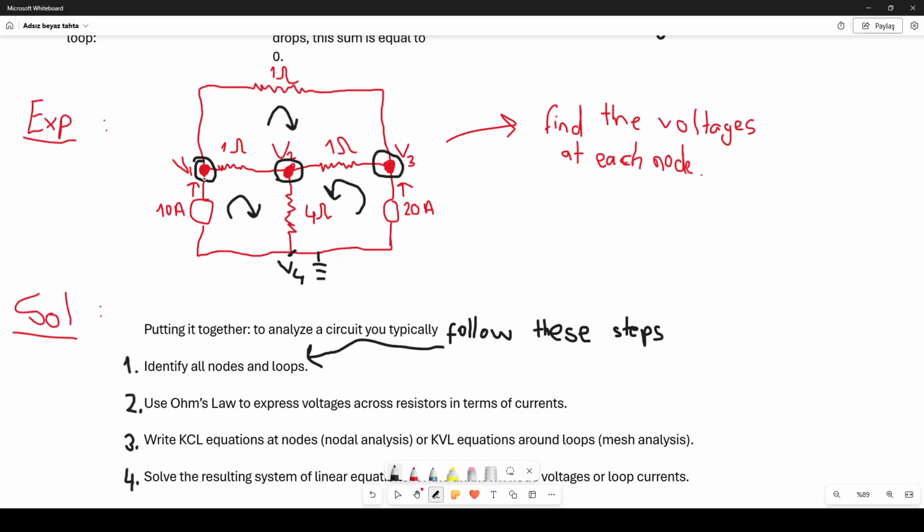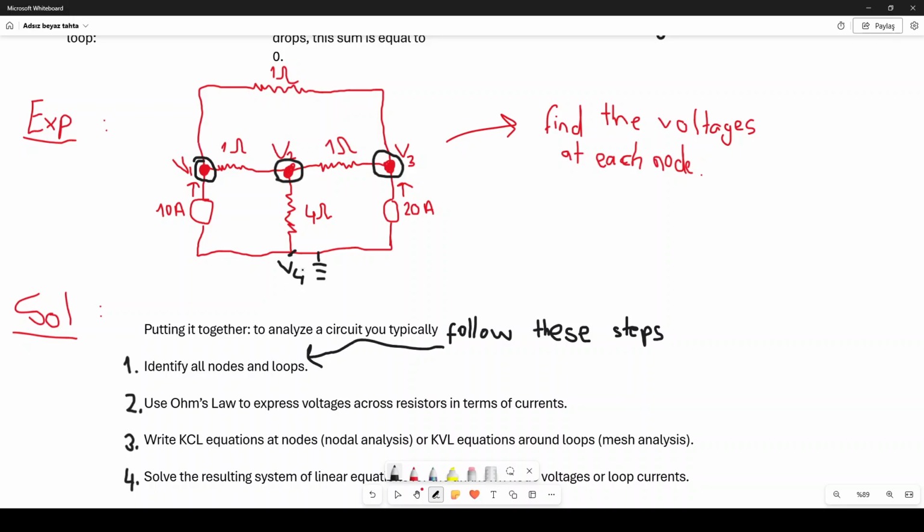You see, it is placed at the intersection point of this loop and also this loop, so it is a node. And V2 is another node, right? Because it is located right at the intersection point of these 2 meshes. And V3 is another one. So we are actually given 4 different nodes in this electric circuit, but I select one of the nodes,